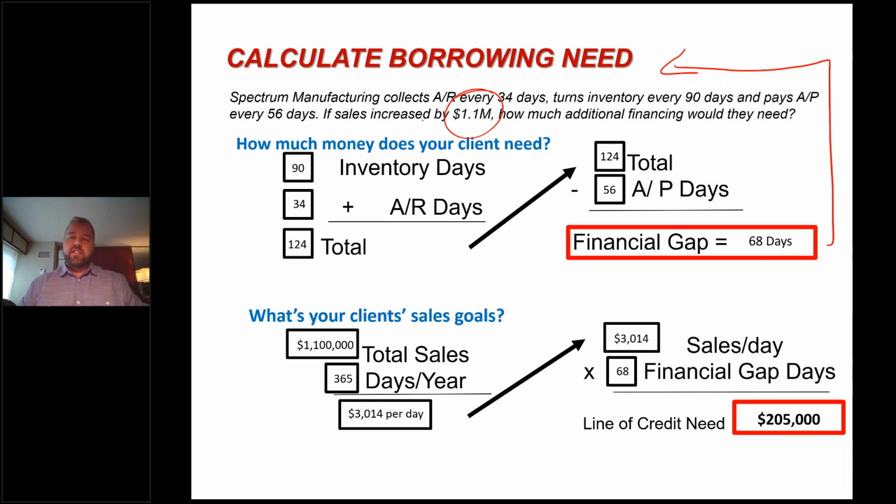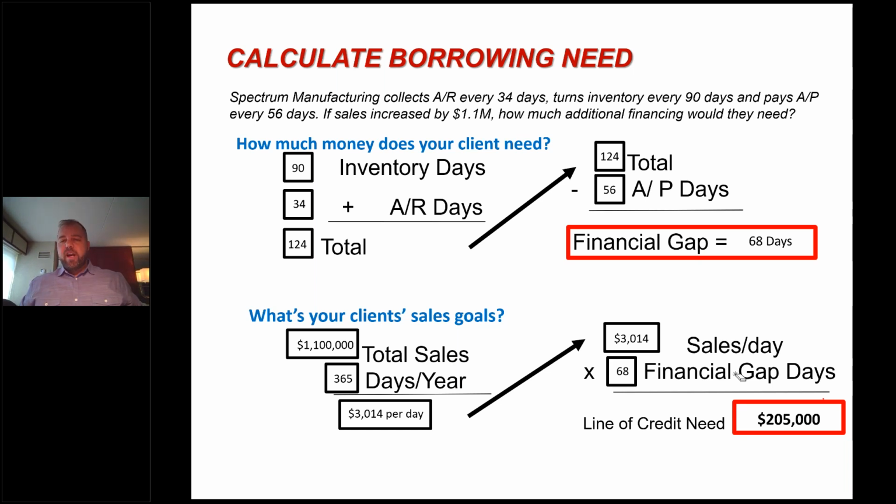It sounds a whole lot better than if I walk into the bank and say, hey, banker, I need a loan. And they say, how much do you need? And I go, I don't know, how much will you give me? Right there, you're starting off badly with the bank. But if I walk in and say, hey, listen, right now in my working capital cycle, I've got about 90 days of inventory. I'm getting paid in 34 days. I pay my bills in about 56 days. Based on that, I'm going to need $205,000. Sounds a whole lot different. You're letting the banker understand that you know the dynamics of your business, how your business operates, and how to get money in and out of it.